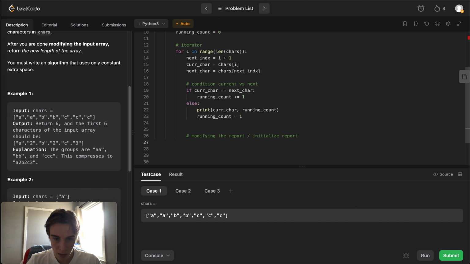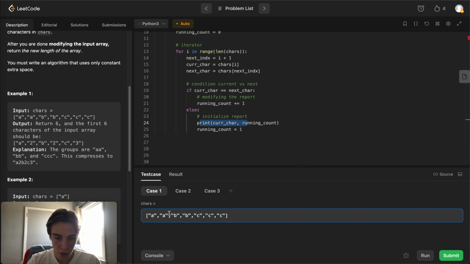So this is the modifying and this is the initializing. So if we get this print statement to print A2, B2, C3, then pretty much all that's left is